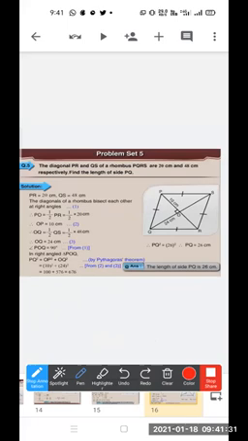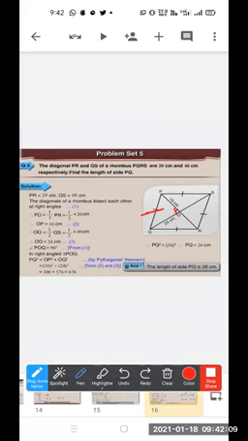And also diagonals. What is given? Diagonals of a rhombus, they bisect each other at right angles. Means it is forming a right angle. Here at the center where they intersect, they are forming right angles. So triangle POQ is a right angle triangle, and in POQ, angle POQ is 90 degree. In right angle triangle POQ, we have to apply the Pythagoras theorem and find the side PQ.